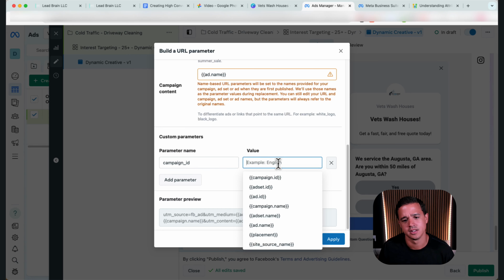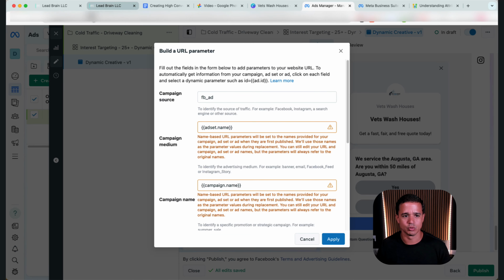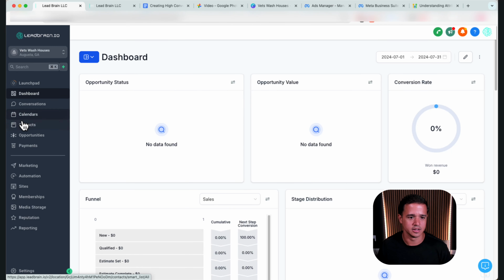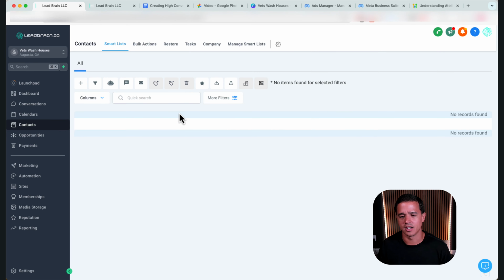ID. And then campaign ID. So what that's going to do is, whenever you have a contact created in here, let's see if we have one. I don't think we do. I think we deleted it. But if you had a contact, within that contact in the bottom right-hand corner you'll have a source, a session source, first attribution, and if you hover over it, it'll tell you exactly where the lead came from.